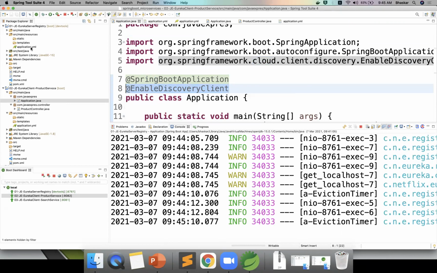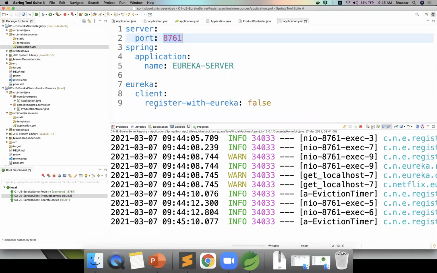Now in the next session I will explain the remaining concept. And for you guys, go and change this port number and try to register our Eureka clients to the Eureka server, and then leave your comments on what exceptions you are facing in the comments section. In the next session, I will clarify your doubts about changing the Eureka server port number and what configurations you need to take care of.